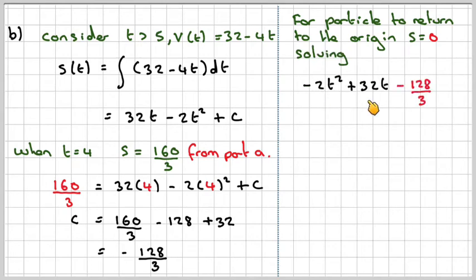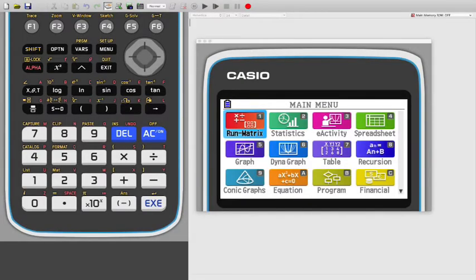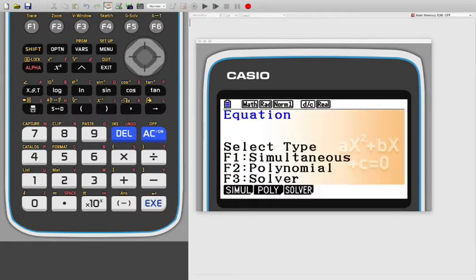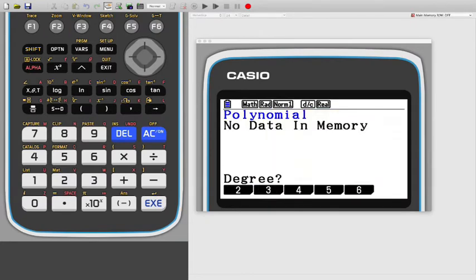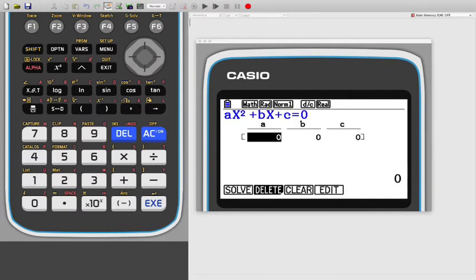And I'm just writing it in the form of a quadratic: minus 2t squared plus 32t minus 128 over 3 is equal to 0. So we could either use the quadratic formula, or we could use our graphics calculator. So using the graphics calculator, we need to go to equation, move the cursor into that and enter it. Then we want F2 polynomial, and it is a degree 2 quadratic, and then we'll need to put values in. So we will need to do minus 2, enter,